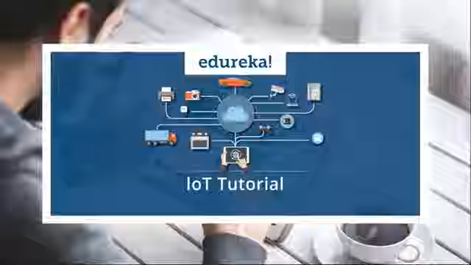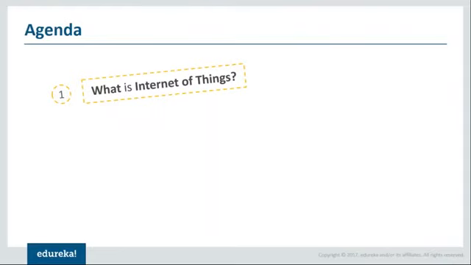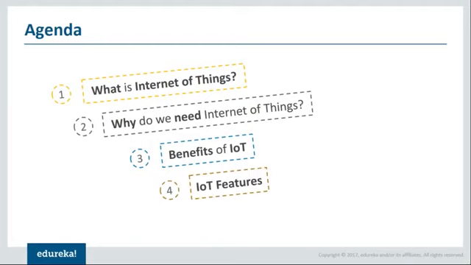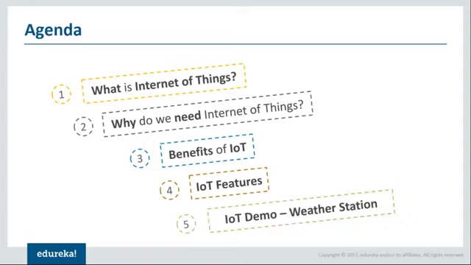Now going on to the agenda for this session, we'll start off by first understanding what is Internet of Things, and then we'll try to address the question why do we need Internet of Things. Going on from there, we'll talk about the various benefits of IoT as well as the various features of IoT as well. And finally, we'll be moving on to the demo of this session, which is basically creating a weather